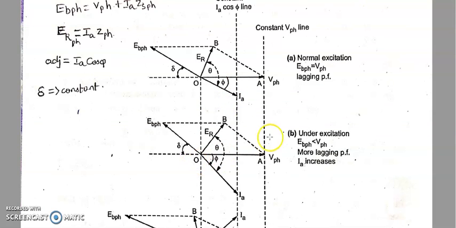Now you can see here it is under excitation shown here. Under excitation means what happens here? Like I said, EB phase will be lesser than V phase. So if I under excite, then the angle phi will increase. If phi angle will increase, it means the power factor will decrease. Yes, both are inversely proportional. Now you can see for this and this, here phi angle was small, but here phi angle is big, greater than this. So the power factor will decrease and becomes more lagging in nature. So IA, you can see from this to this, IA value has increased. Due to that, what happens if I reduce the excitation, the IA value will increase.